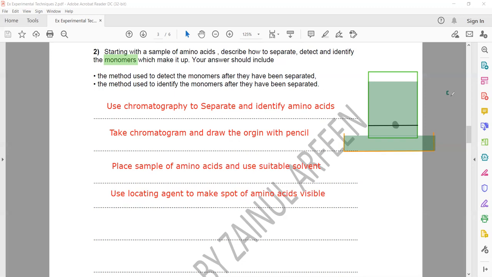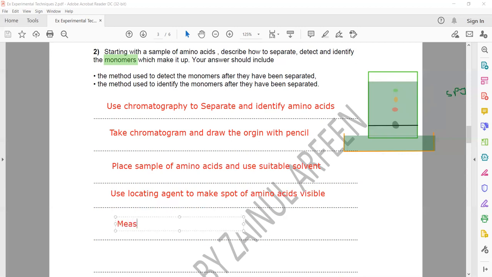So when you spray this, what will happen? For example, if this had two types of amino acids, then you will see two different spots. If it had three amino acids, then you will see three different spots. But as they did not specify here how many amino acids, it can be any number. You can make a different number of spots just to show that it is a mixture of amino acids. And how can we identify the type of amino acid,